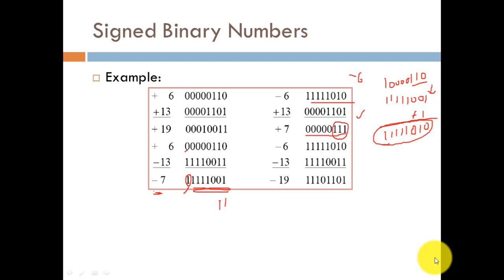This 0 again would be inverted as 1. This 1 will have 0. This again 1 will have 0. This again 1 will have 0. Again 1 will have this 0, and this is signifying its negative value. So this magnitude turns out to be 7, and the net outcome turns out to be minus 7. So the answer we can easily evaluate.